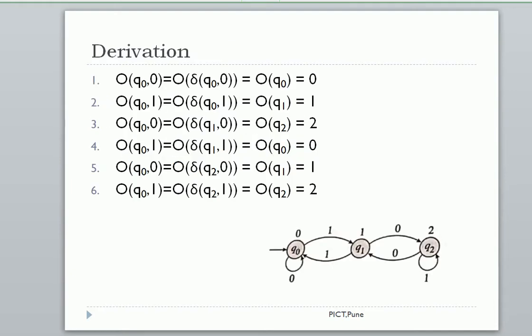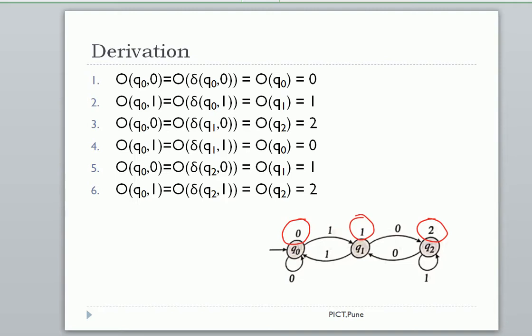Let's take one example. If I have this machine, how many states are there? As per the definition, we have a finite set of states Q0, Q1, Q2. The inputs associated are there is a transition on 1 and 0, so the input alphabet set is 0, 1. What is the output associated with the state? As this is a Moore machine, output is associated with the state. As you can see, 0, 1 and 2 are the outputs associated with Q0, Q1, Q2 respectively.